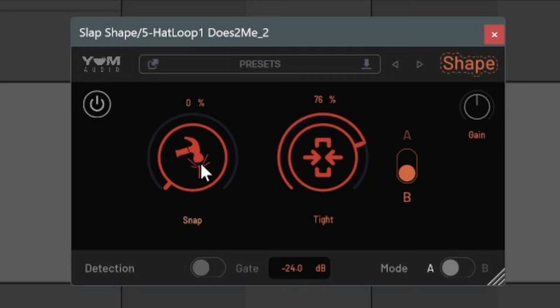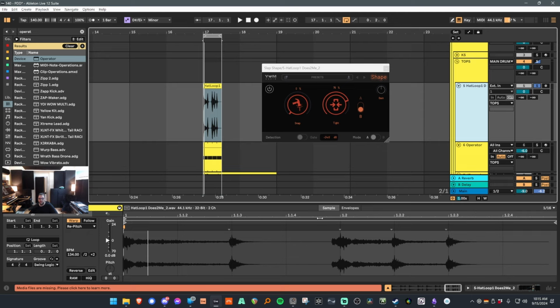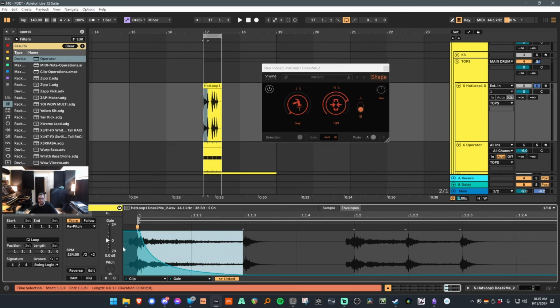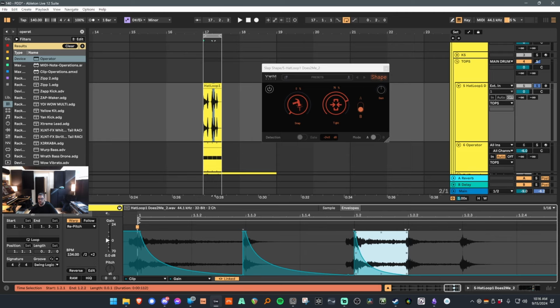Then you have this snap control, and this is basically a transient shaper. So this then does the opposite of what this does. So whereas the warp mode here in Ableton, or exactly what shape is doing, is just detecting the transient and then essentially turning it down something like this every time it sees a transient. So it's just doing this kind of thing wherever those pseudo warp markers are in the clip,